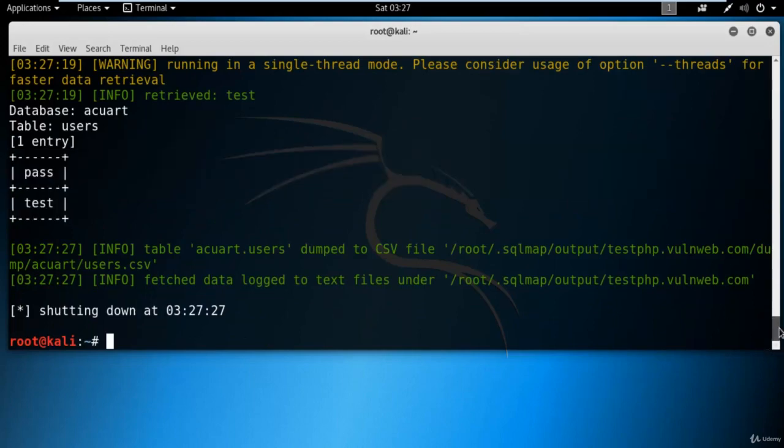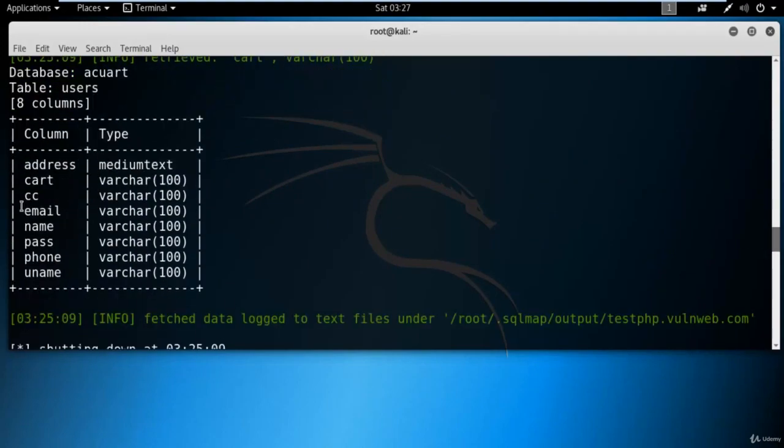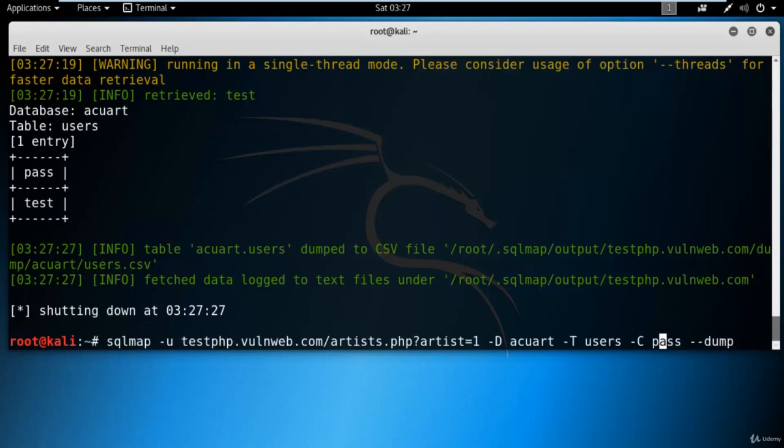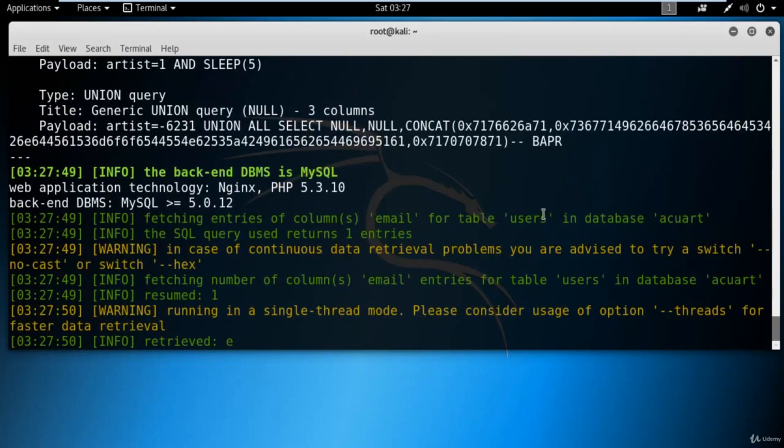You can also get other information like email IDs, etc. For example, if we take email, what you can do is click here, press the up arrow to get the command again, and type email here to get information about email. So it is extracting email IDs, whatever is inside that.